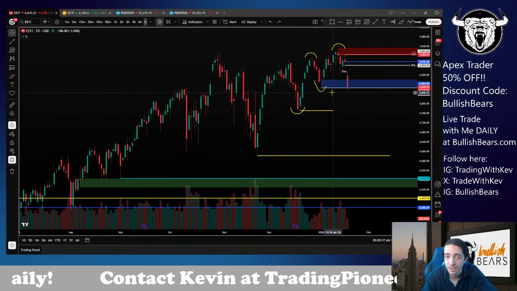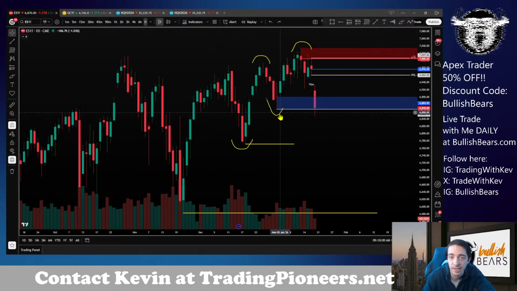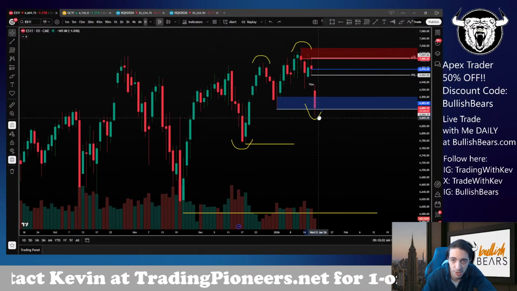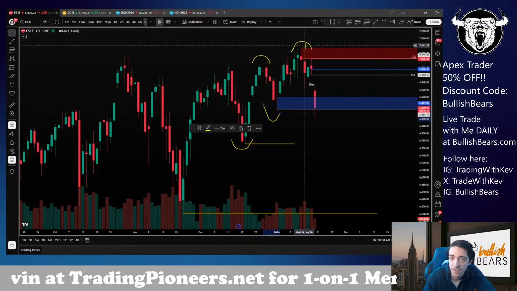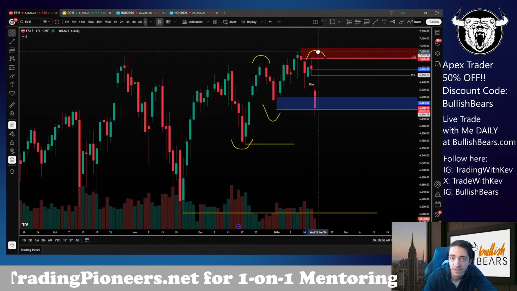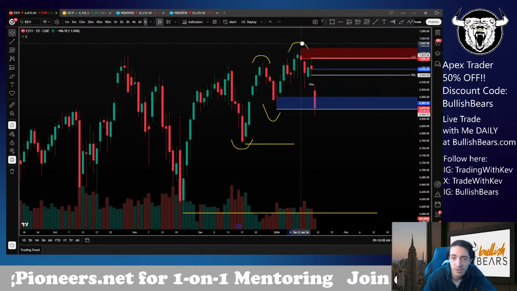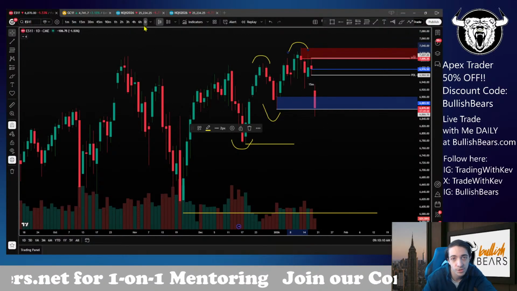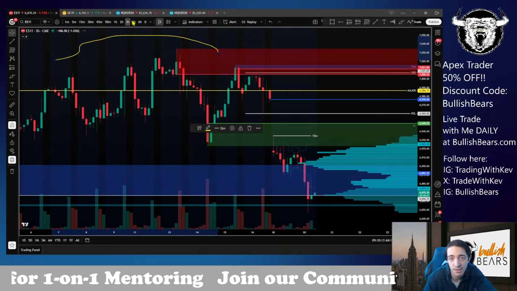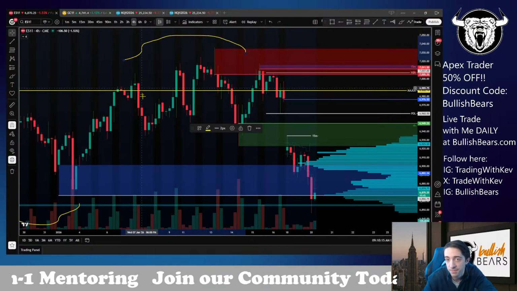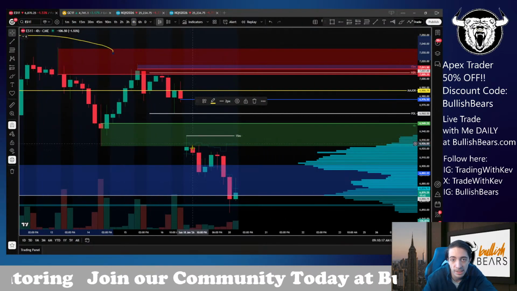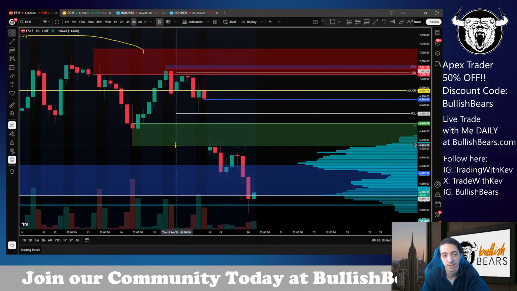Now, because we broke this level, I'm seeing that as a lower low. So we're trying to make some lower lows now. I see this as a higher high, then I see this right here as a lower high. So I do see that sellers are definitely trying to step in here, even on a bit of a higher time frame. Now, supply and demand wise, where I would like to look for a short position,